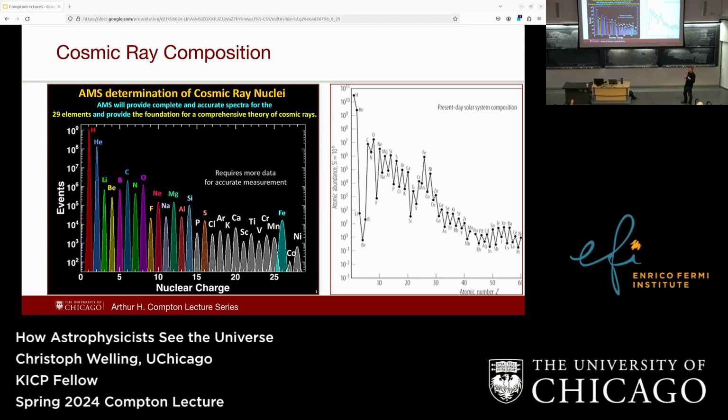Well, it's longer lived because of relativistic time dilation. Yes, that also happens. But these interactions, where some carbon or whatever collides and gets split into beryllium, are probably happening close to the source. So it's kind of like carbon dating, where you have this atomic clock from the decay. You have your radioactive beryllium probably getting produced close to the source. And then from looking at how much of this radioactive isotope compared to its decay products you see, you can get an estimate of how long the cosmic ray actually traveled.